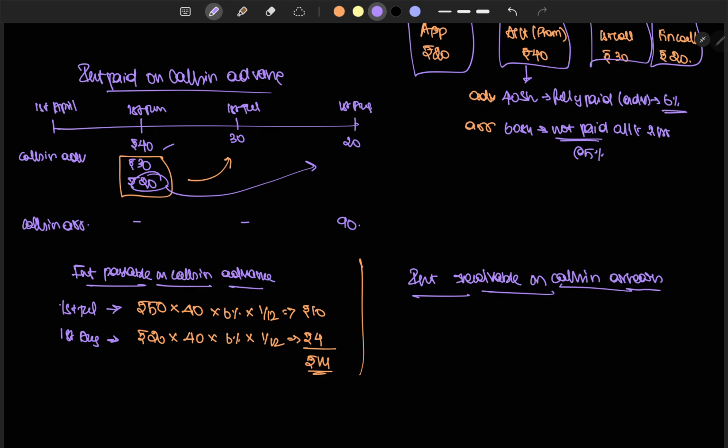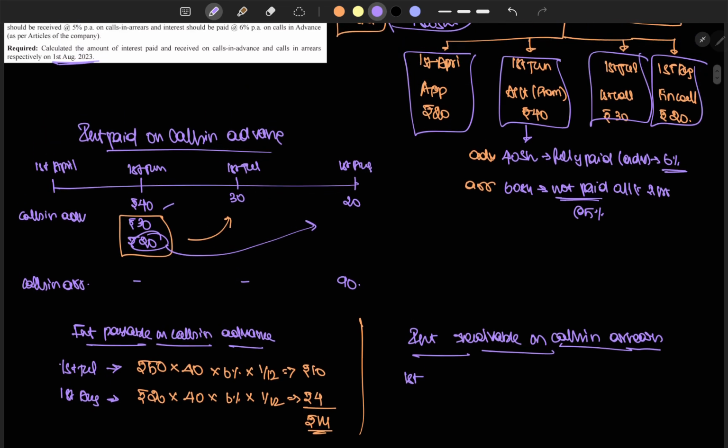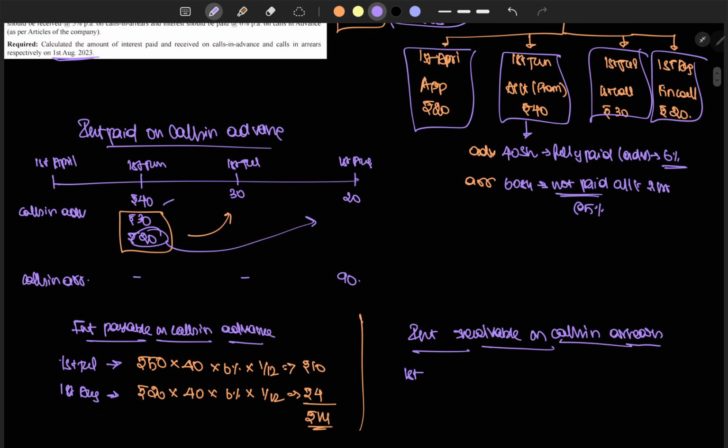Okay, on 1st July, what could be the interest that we are supposed to receive? He didn't pay the allotment money for the last 1 month, so we need to charge 1 month interest, right, on 1st July. So which is